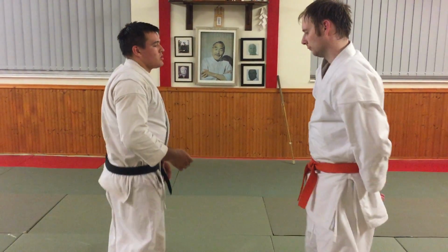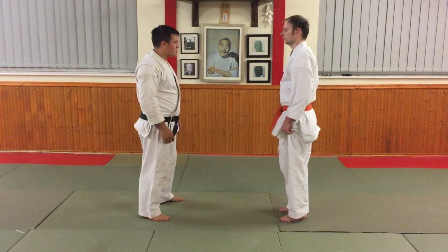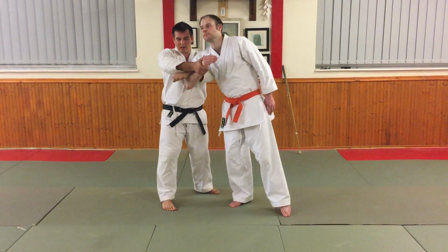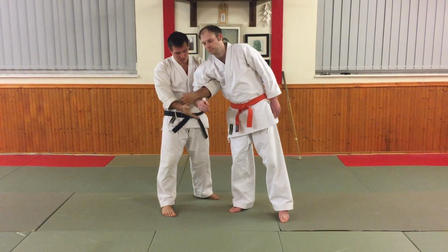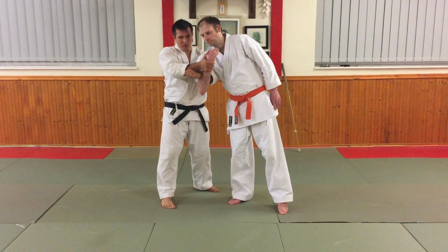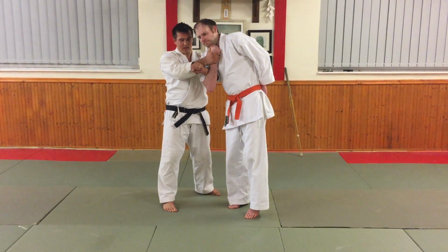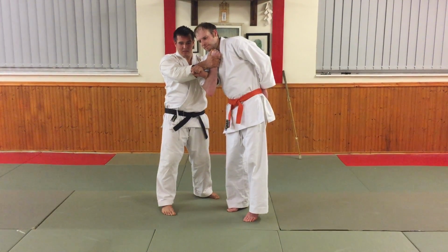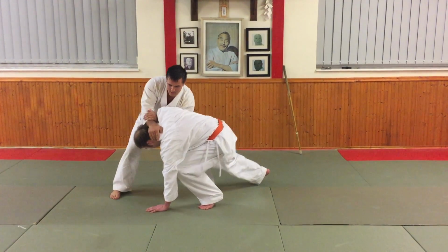Okay? So I'm just going to do this with a nice simple push. The push comes in, you can strike, and we're going to come through to here with our X block. Now I've got the arm so that the radial nerve is here, and we're going to put pressure on that by turning and rotating, right? And that is where we've got our attack, right, into the nerve. From there I'm going to use this to take him down. Because I've got a lot of leverage, I'm going to use the body to bring him down. Then I'm going to pass over the head,